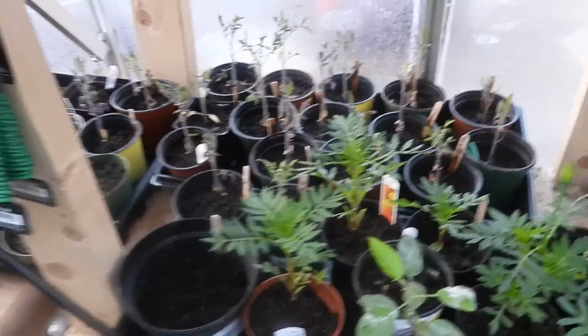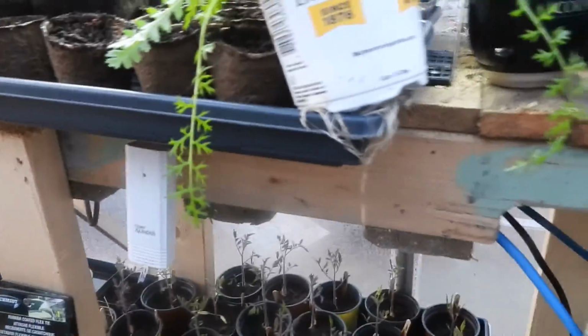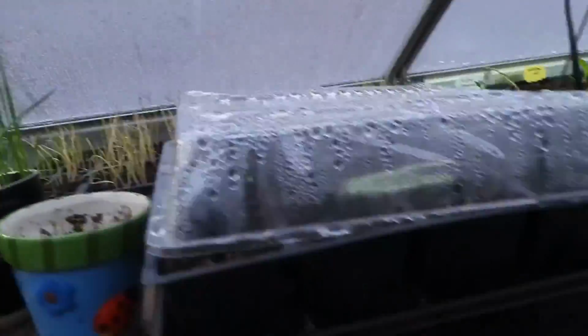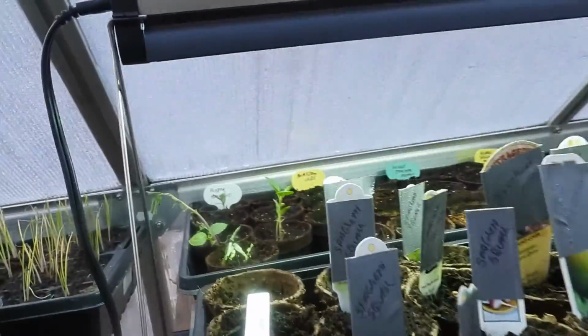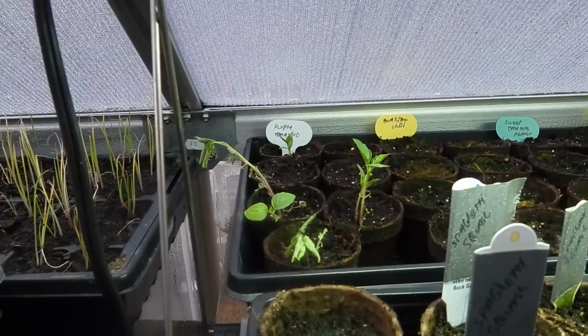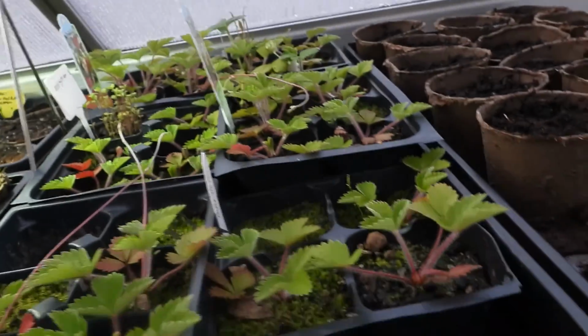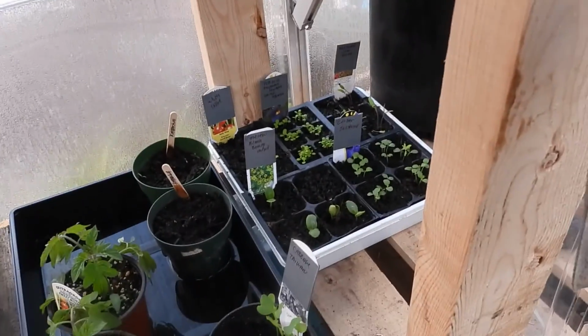Over here, I've got marigolds that are about to bloom. Lots of marigolds. These are seeds I collected last year. I've got yarrow, lots of yarrow. More onions back there in the back. I almost lost my purple tomatillos. They got really dry over the week last week, and then they watered them, they came back, so I'm real happy about that. Lots of strawberries, cherry plums,